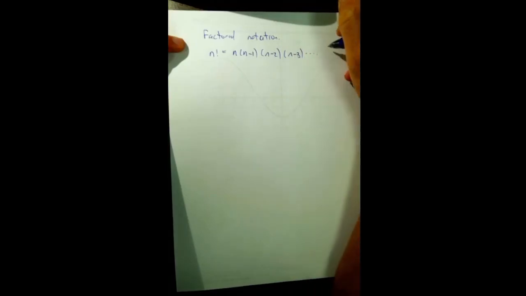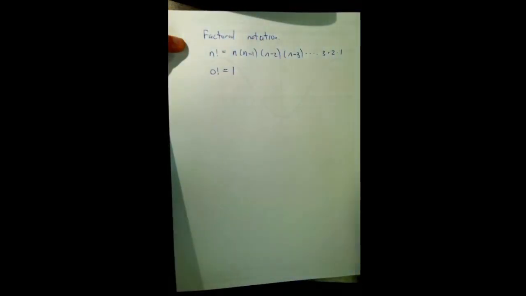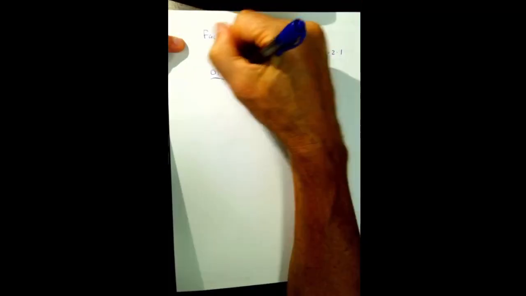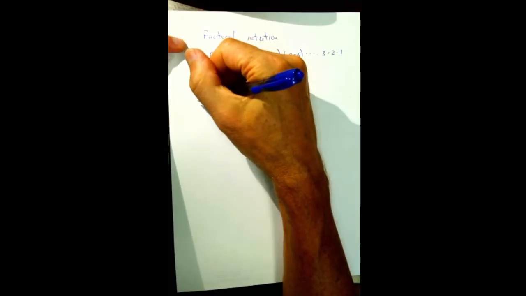So to make this notation a little more tractable, I'm going to define n factorial to be n times n minus 1 times n minus 2 times n minus 3, and you keep going all the way down until you get to 1. And again, by convention, we're going to say 0 factorial is equal to 1. The reason we do this is it just makes everything easier, and it just kind of makes sense. You can think of this as there's only one way to pick 0 objects. Okay, so that means